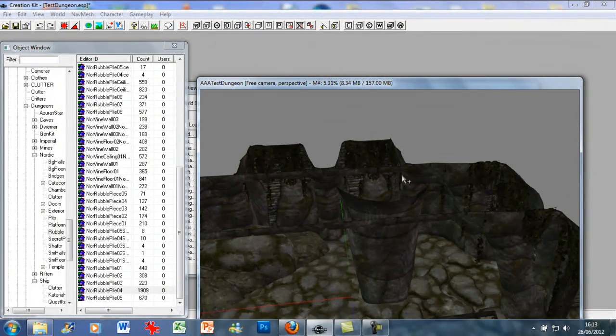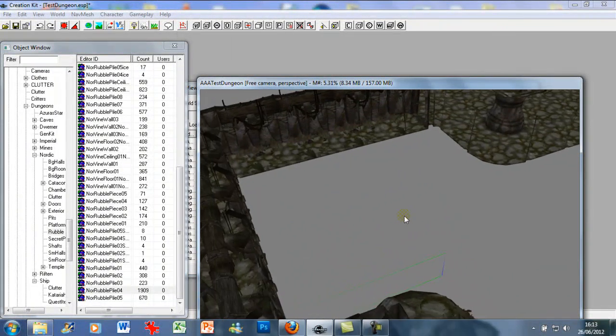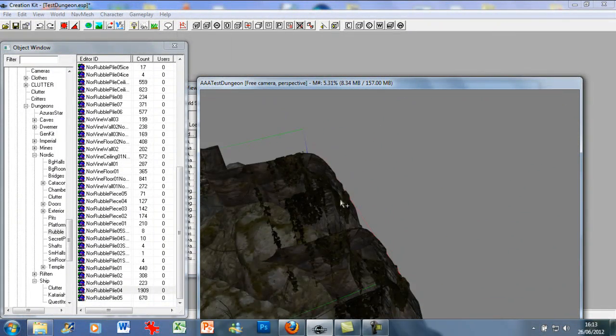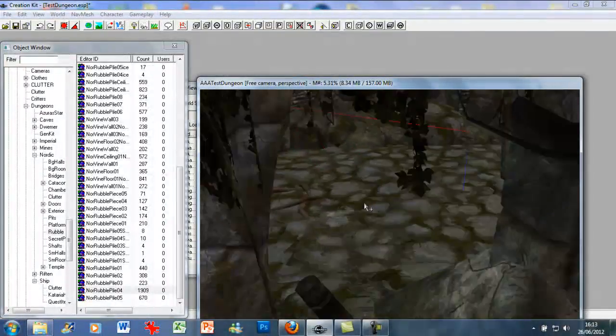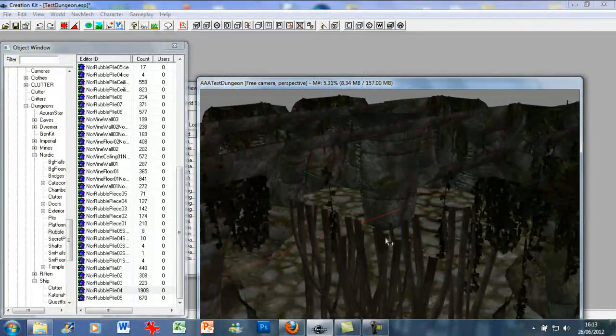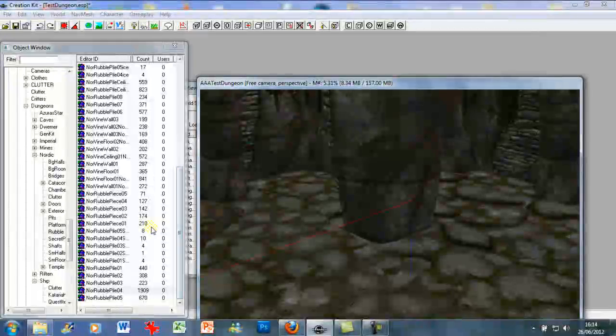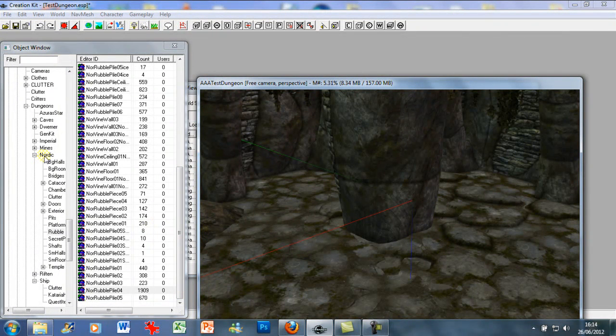So what I'm going to do is finish this up. I'm going to add clutter to everything, make it more believable as a dungeon, and then in the next tutorial I'll go over lighting, FX, and perhaps water as well. But for now I'm just going through